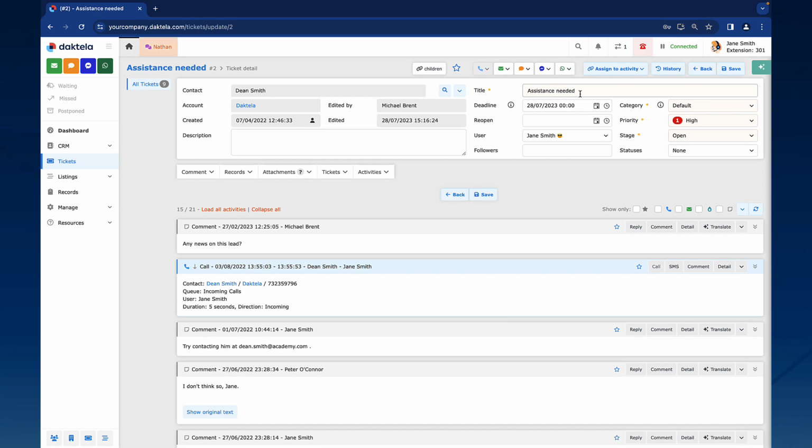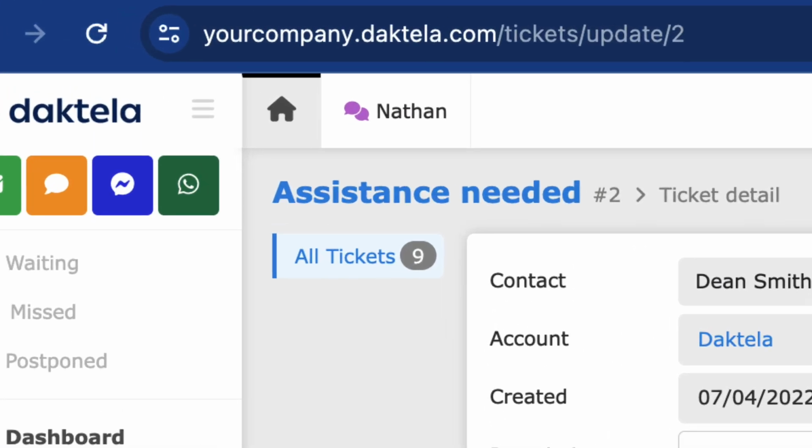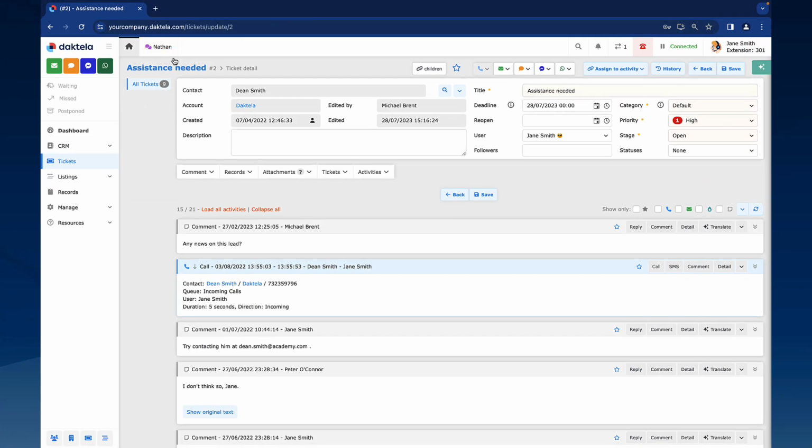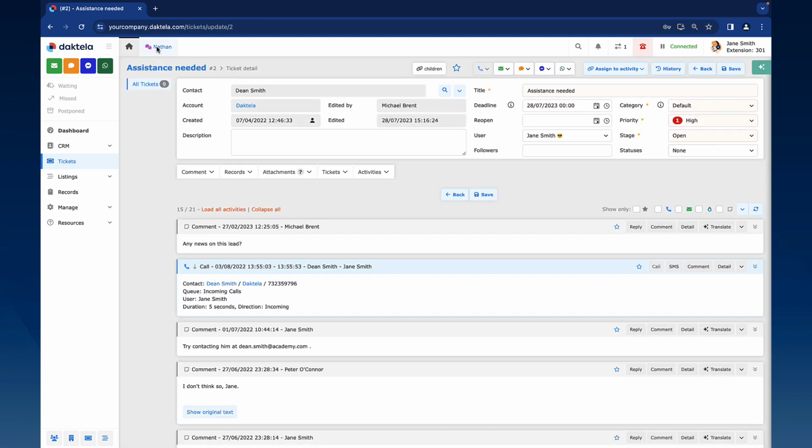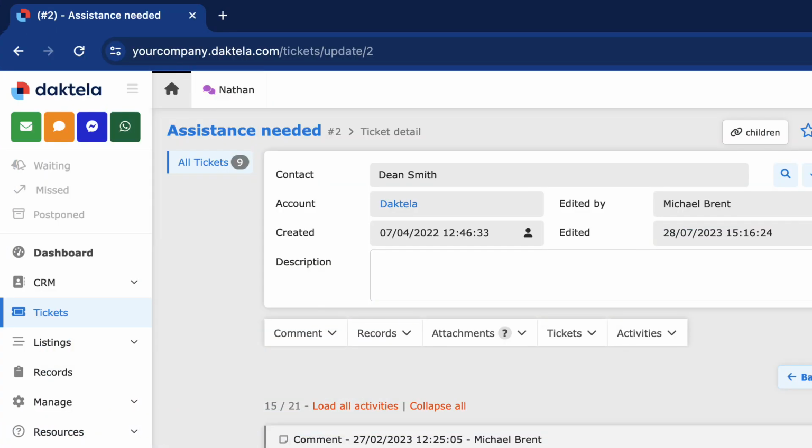Once you have accepted a web chat, a new tab will appear in the top panel. It will be labeled with the name or details entered when the customer initiated the chat. Click the Web Chat tab to see the web chat details. Click it again to return to the previous screen. When you receive a new message in the chat, the Web Chat tab will flash red and white. You may also hear a notification sound.